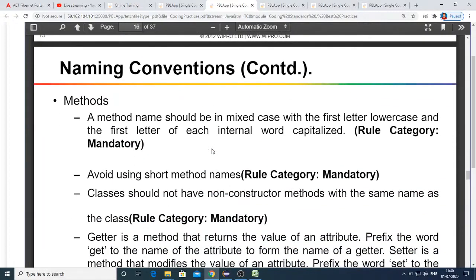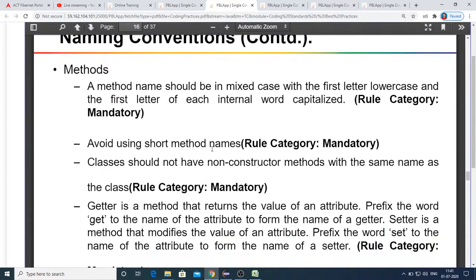And methods: the first letter of each internal word will be capital, but the first alphabet itself will be lowercase. So this is for method names. For constructors, I need not tell the name, because the constructor itself will have the same name as the class name.